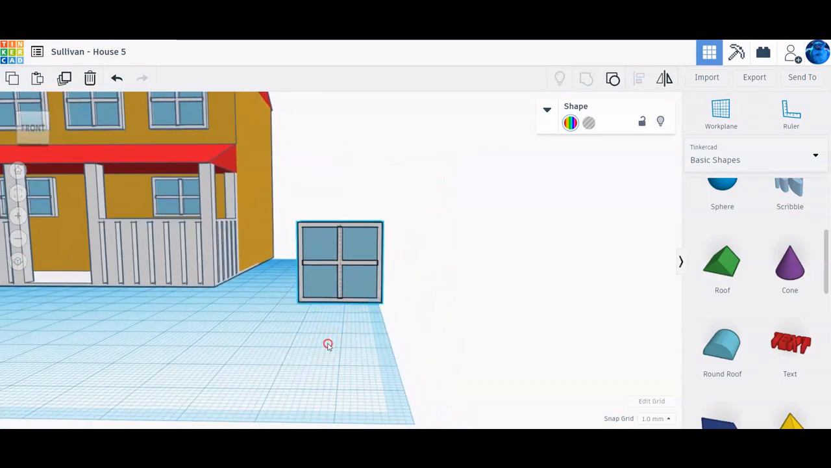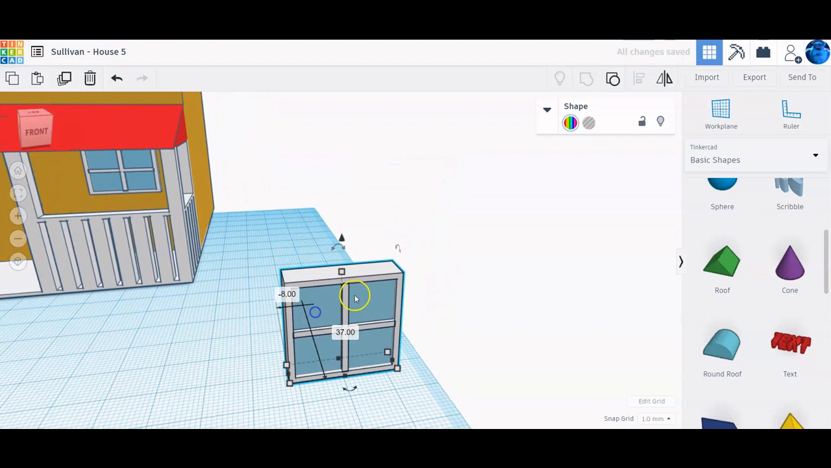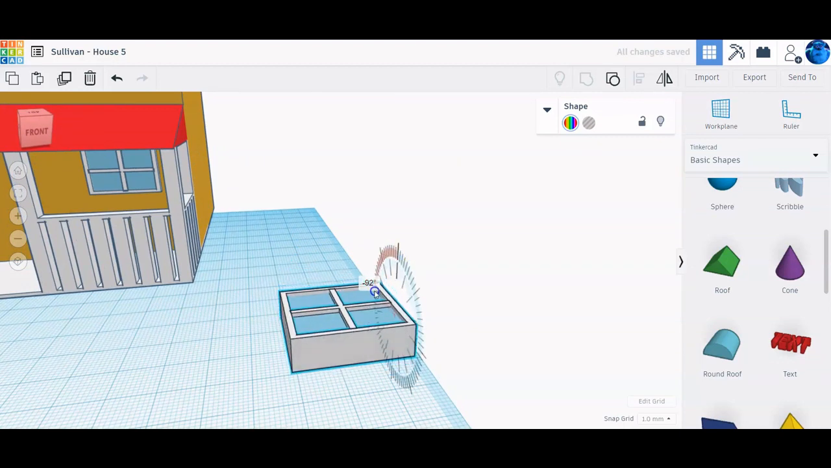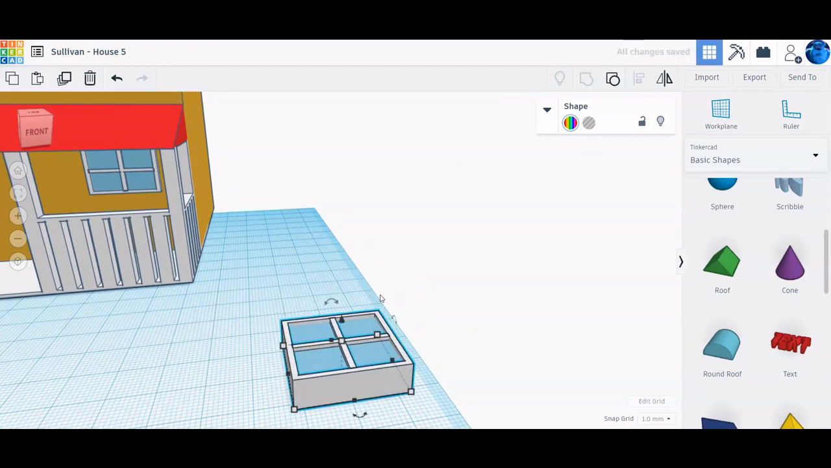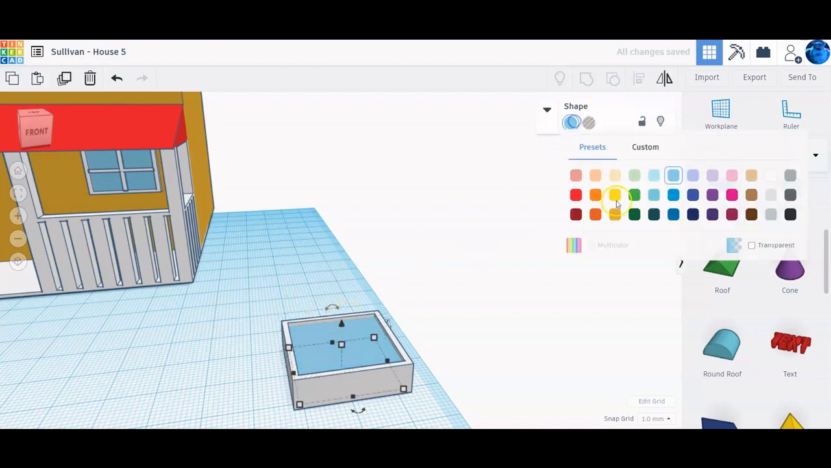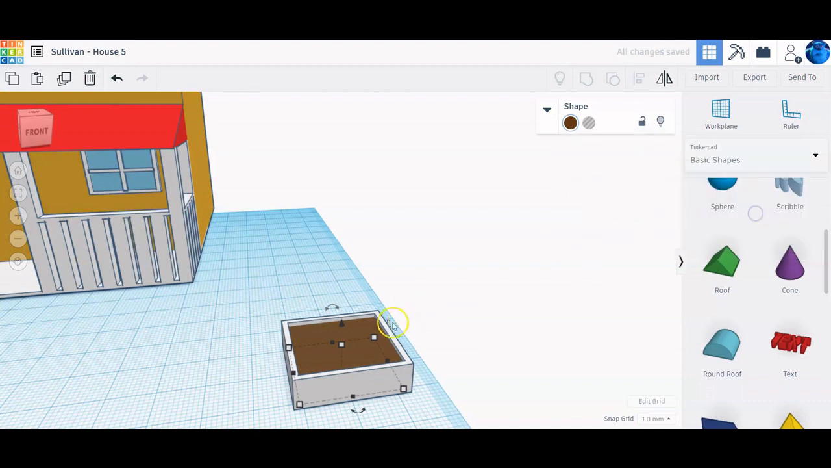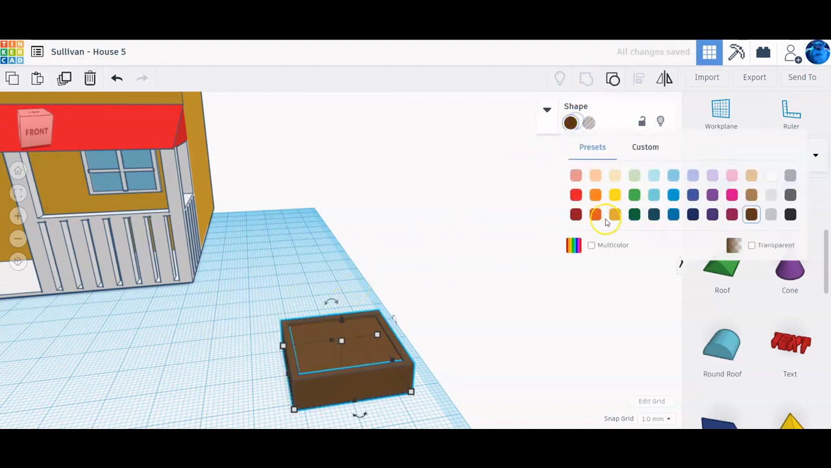All right. So what I'm going to do is I'm going to take this, I'm going to rotate it 90 degrees, drop it down, ungroup, because you want everything ungrouped. Click on these center sections, delete those, change the color of the window to the color of a door. Then I'm going to group it, go to multicolor,